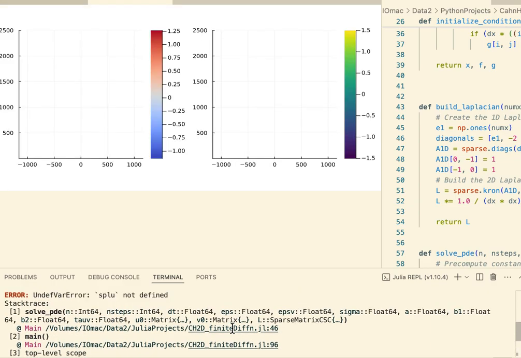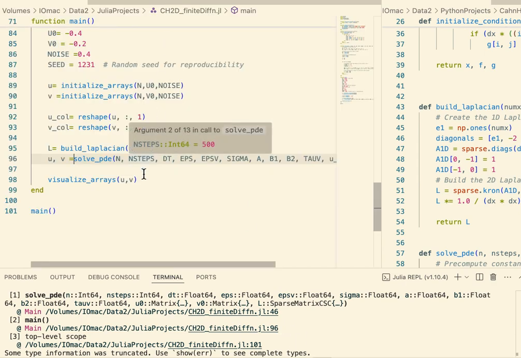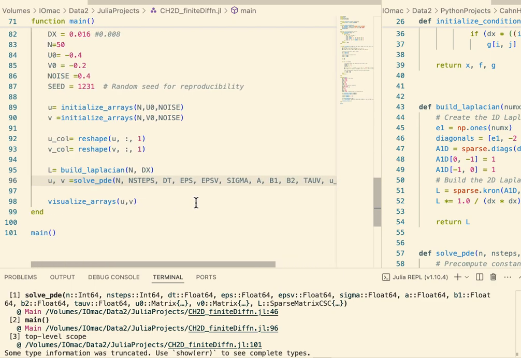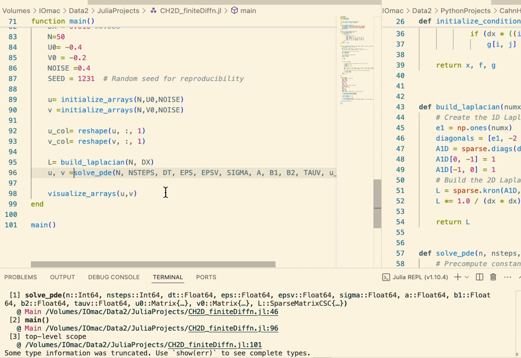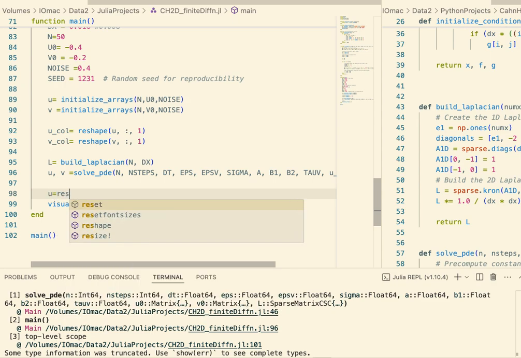Let me see what is the problem now. Let me check the code. I think there is another thing here. We need to reshape one more time before visualizing, because these results here are column vectors. So we need to visualize the solution. We need to reshape the solution into n by n. So u equal to reshape